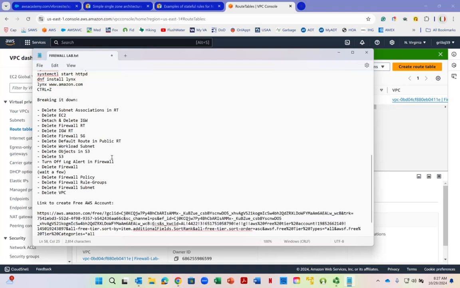Okay, and if you do that, there's a step in here to delete the S3. So you got to delete all the objects in the S3, okay, and then delete the S3, and then you would turn off the log alert in the firewall, okay, and that's part of the steps, but we didn't actually do that. Okay, so we've done the gateway,